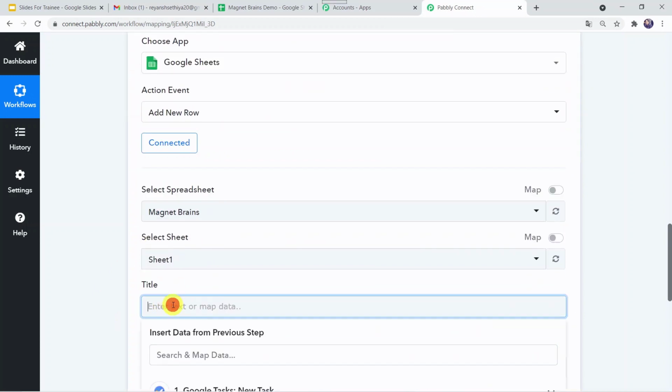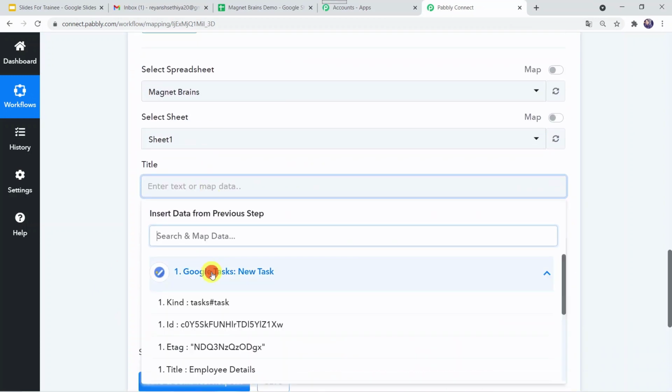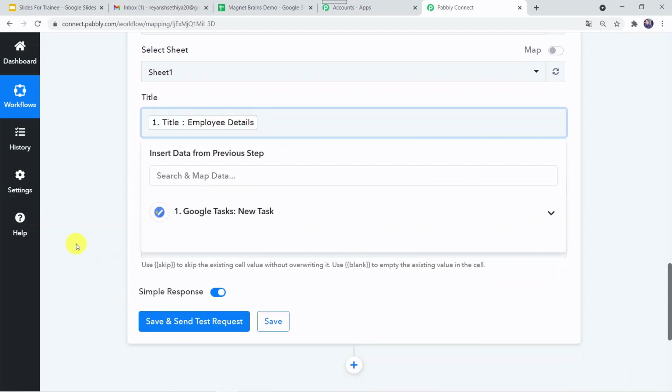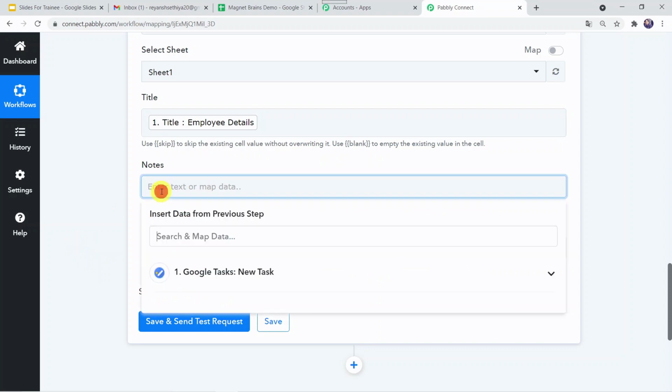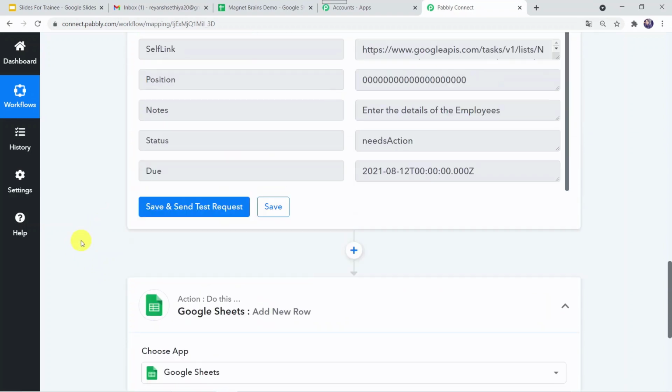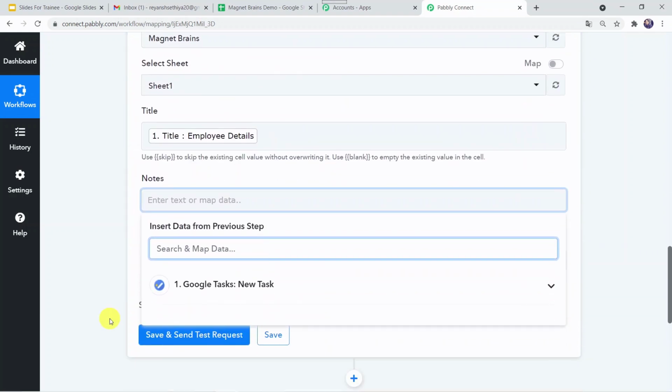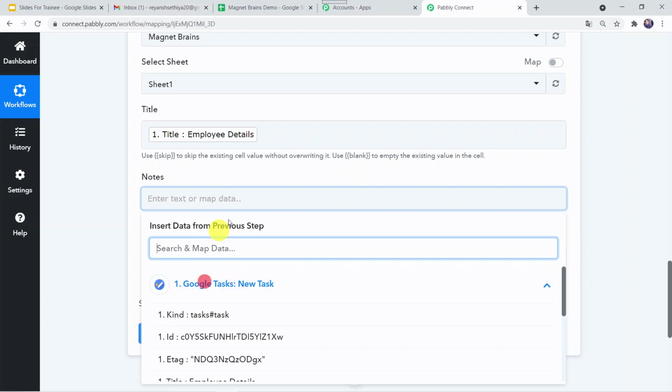In title, we are going to select employee details. Now here in the notes, "Enter the details of employees", I am selecting this one from Google Task.